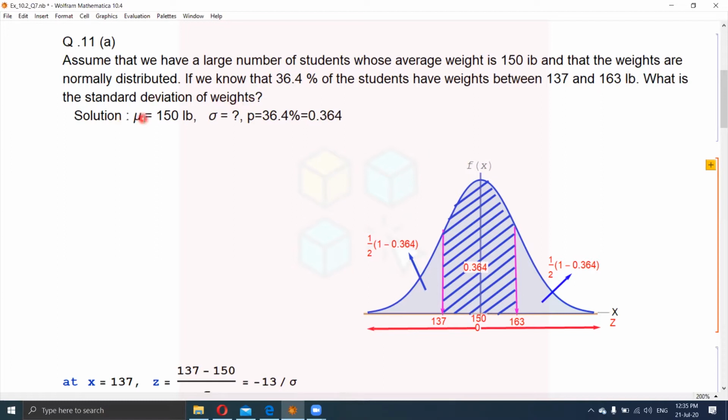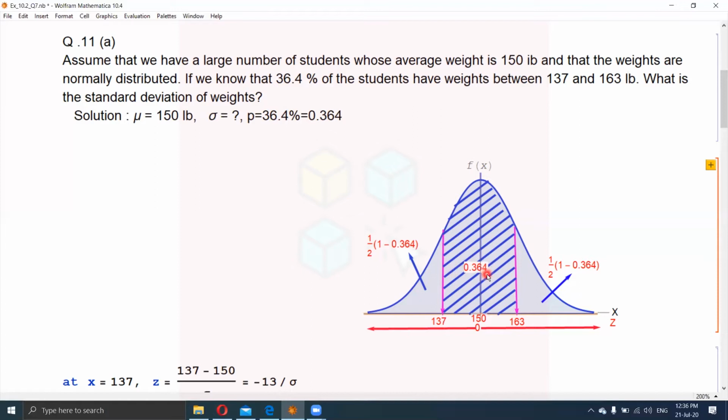So we will write first mu is equal to 150 pounds, sigma is unknown, we have to find it, and the probability is given in the form of percentage 36.4%, which is equal to 0.364. From the figure you can see in the middle the mu of the normal random variable x lies in the center, which is 150 pounds. And the 2 points around this 150 are 137 and 163, and the area between these 2 points is given as